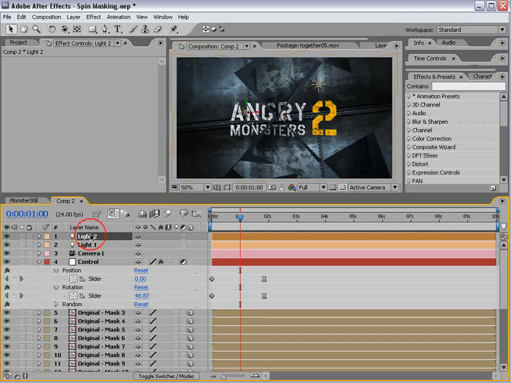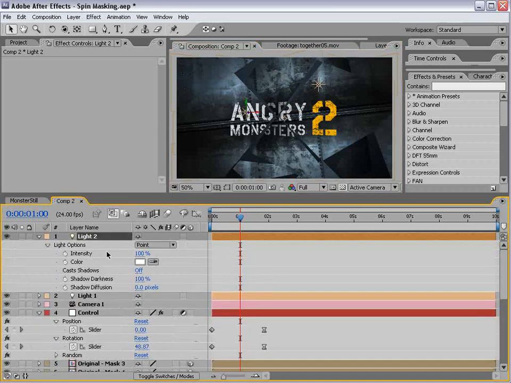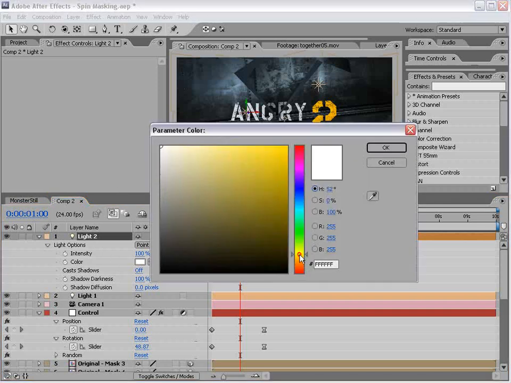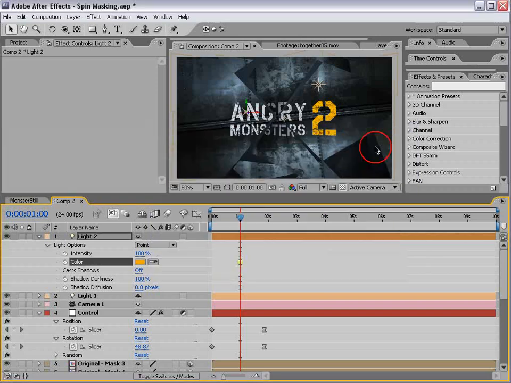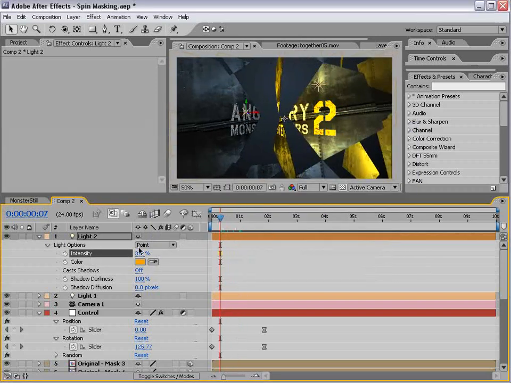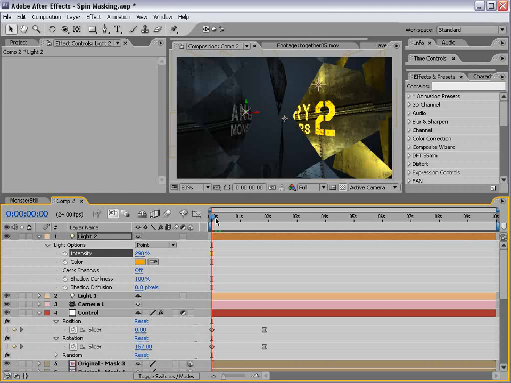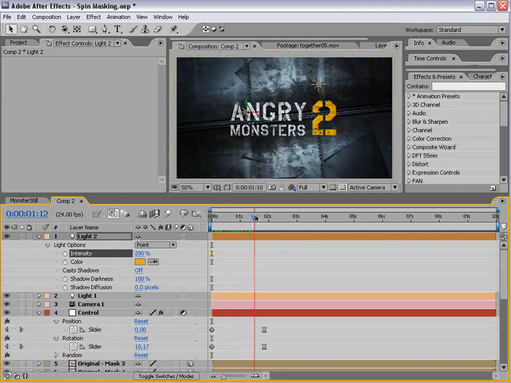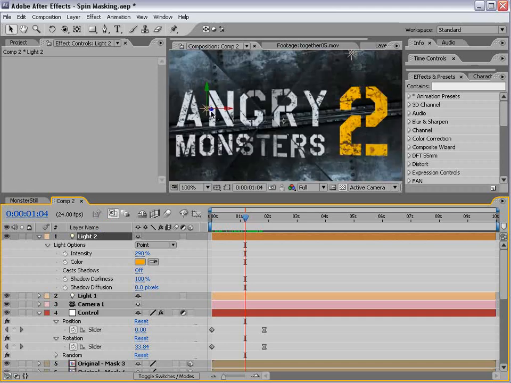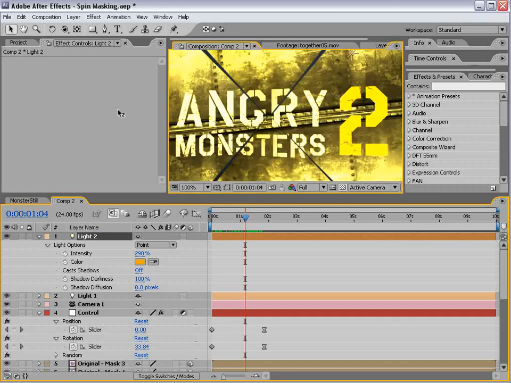And we're going to go ahead and hit AA. Brings up the controls for 3D layers or lights. And we're going to make it an orange color. And we'll turn it up really bright. So you can see the orange is bleeding in on these layers that are facing that direction. And the good thing about that is it adds the depth so that when they close down, you no longer see it. But if we adjust the position of this light just right,